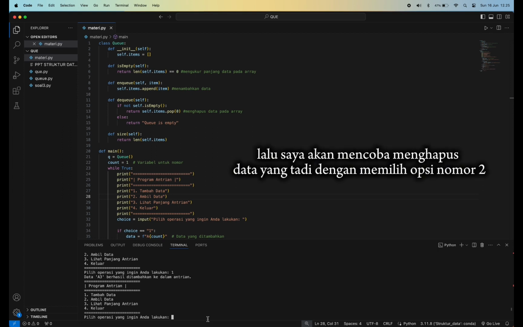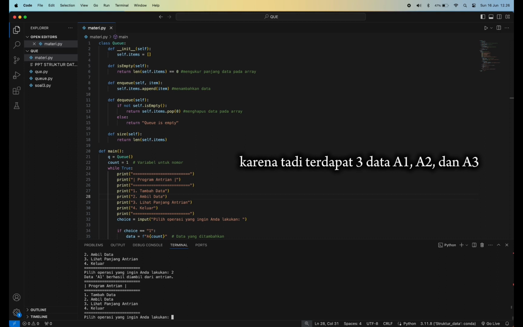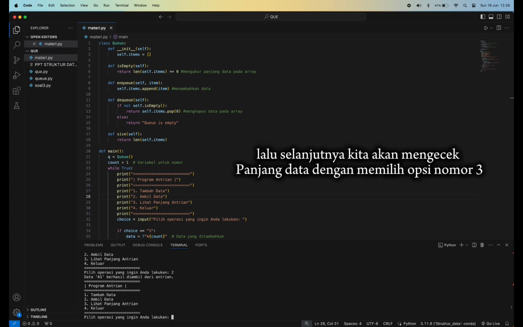Then I will try to delete the previous data by selecting option number 2, because there are three data: A1, A2 and A3. Because A1 was the first to be added, then A1 is the first to be deleted.